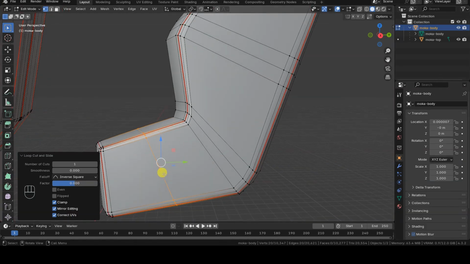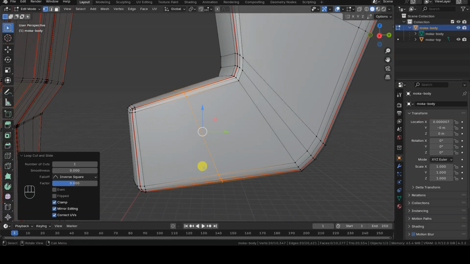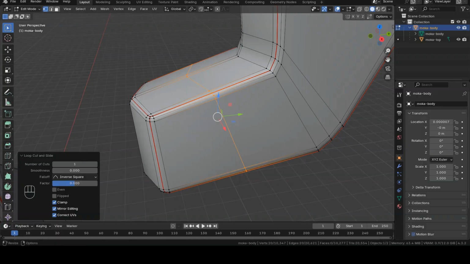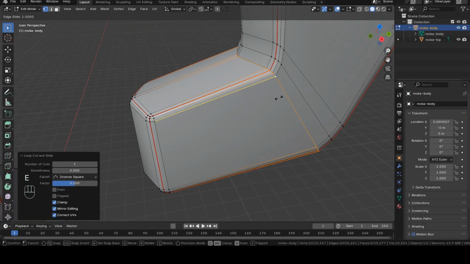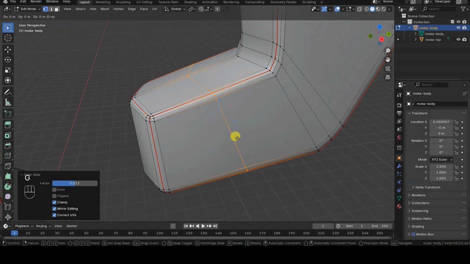When you make a cut with Loop Cut between two edge loops that have different shapes, Blender creates a new edge loop with a shape that's somewhere in between the two. But if you want the new edge loop to match the shape of one of the two adjacent edge loops, you can press the E key, which is the shortcut for the even option. So you would press the G key twice, then press E. The new edge loop will take on the shape of one of the adjacent edge loops.